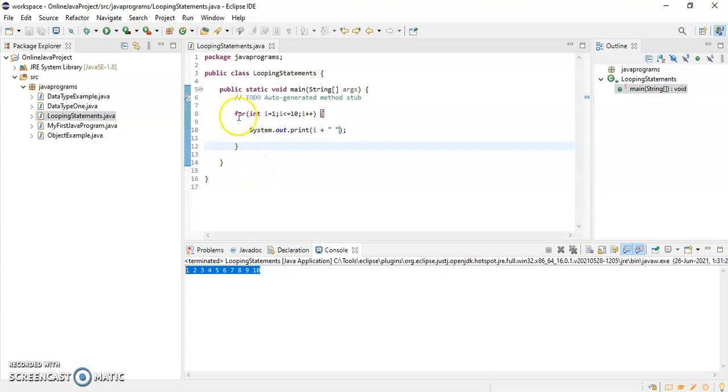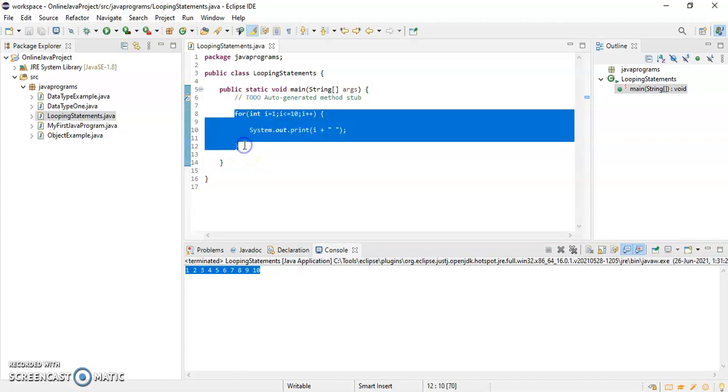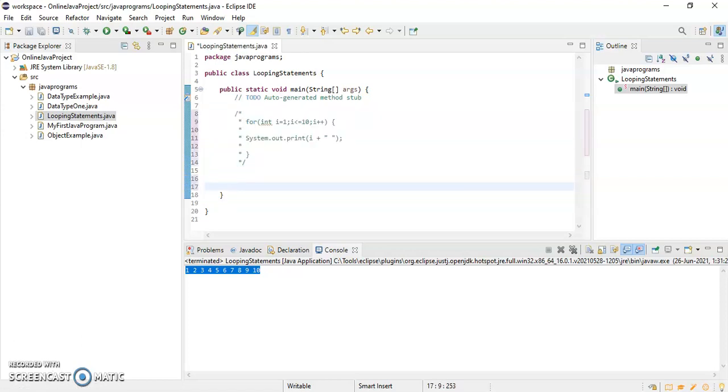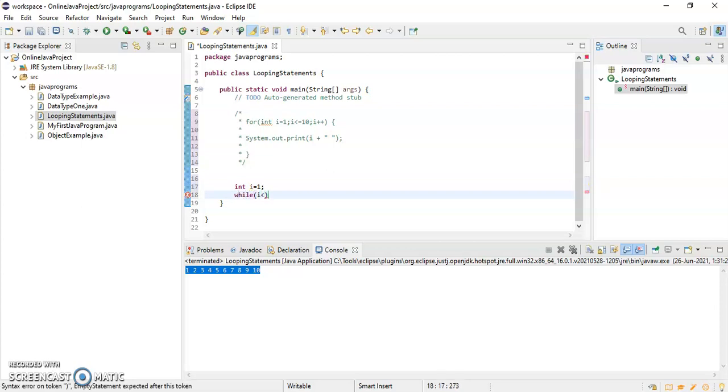Same scenario I will try with while loop. So let me just comment this out. Okay, so in while loop, first we have to do the initialization. So just write int i = 1. Then I'll write while i <= 10.